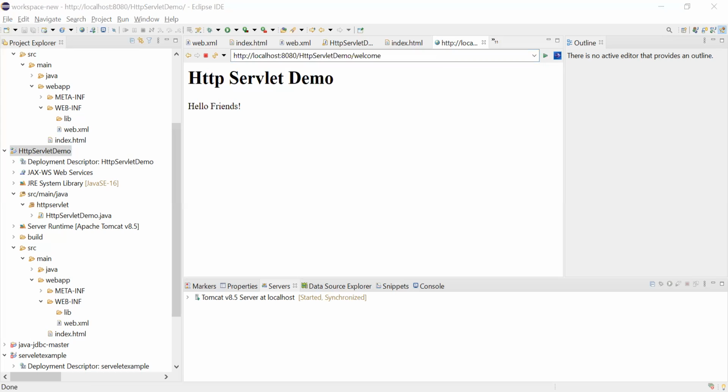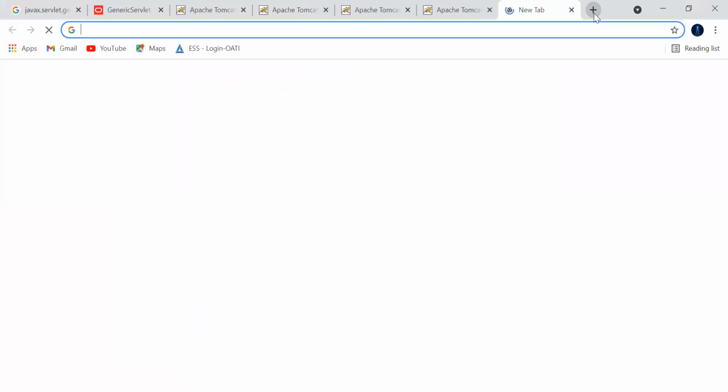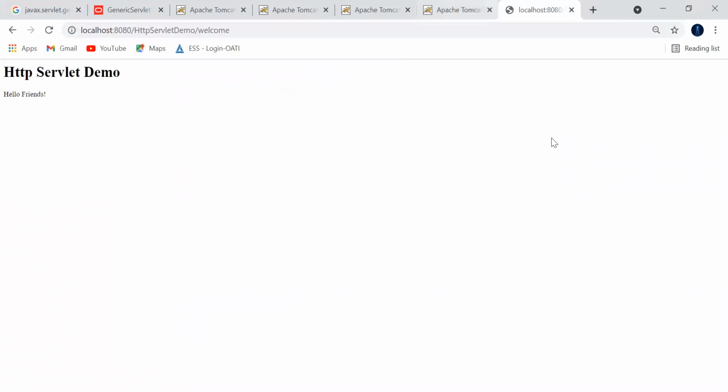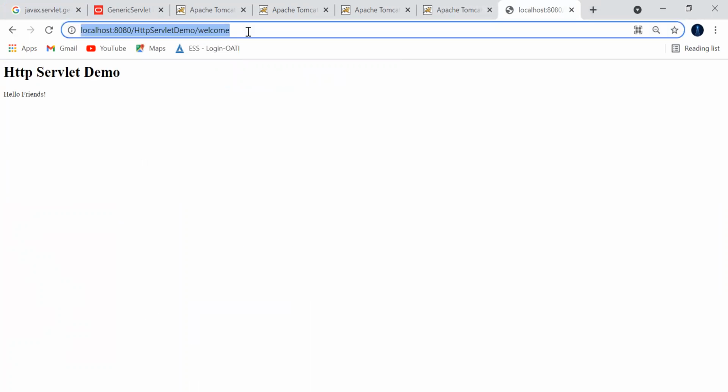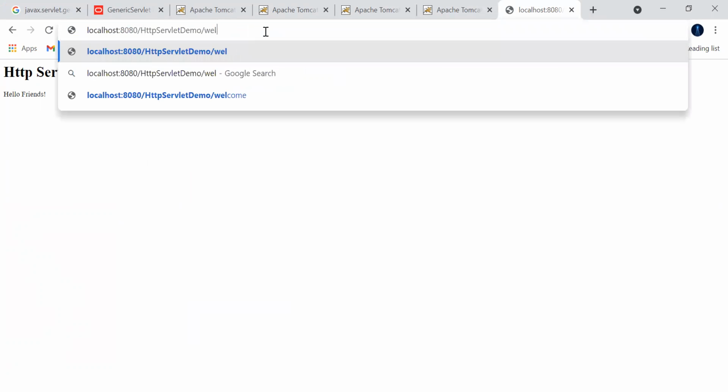Okay, you can run here also. Same, it will come. Suppose you remove this welcome and hit enter, click to call HTTP servlet comes. That's it. Got it, guys? You're excited, right? Yes. Now we'll see the explanation.